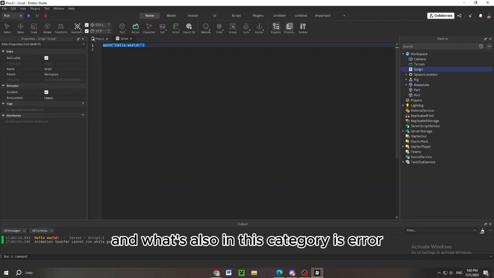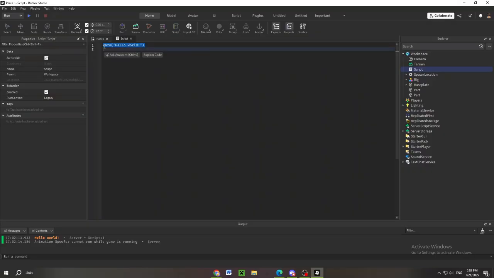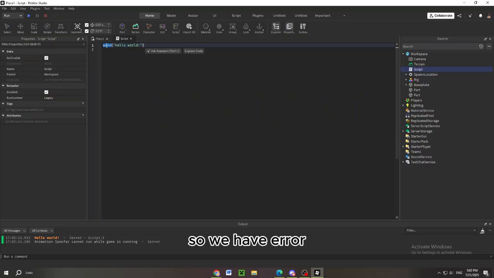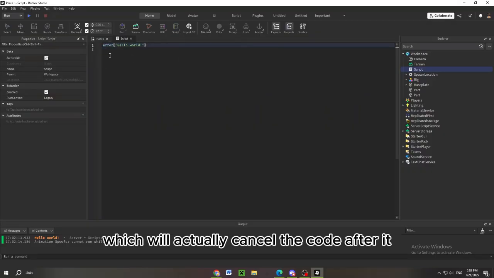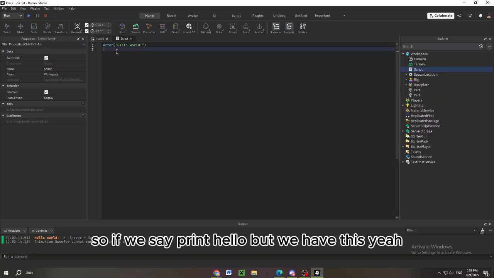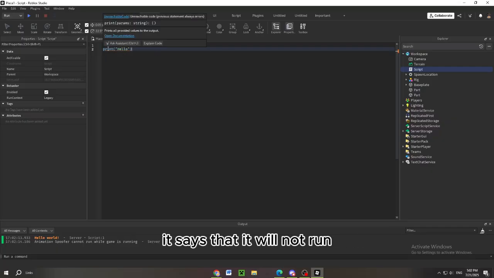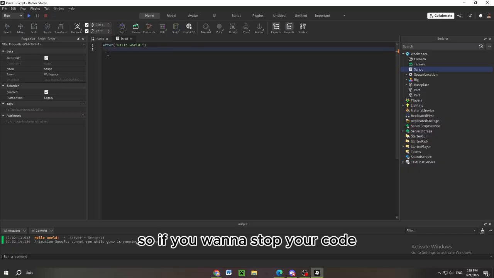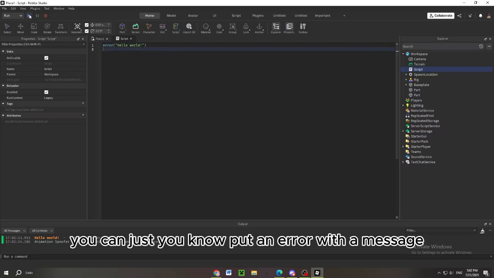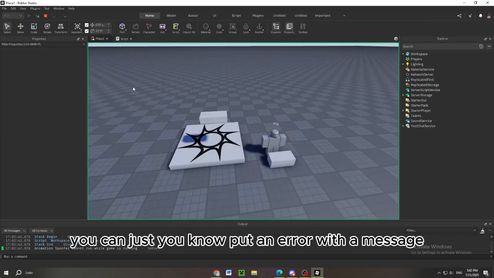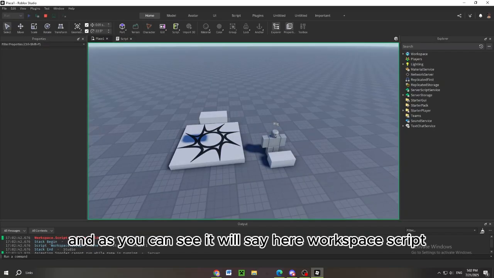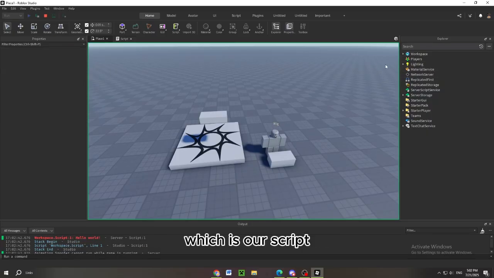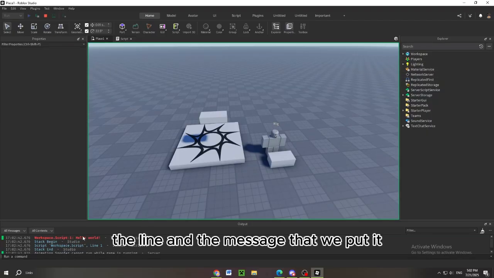And what's also in this category is error. So we have error, which will actually cancel the code after it. So if we say print hello, but we have this, you see it says that it will not run because the previous statement always errors. So if you want to stop your code, you can just put an error with a message. And as you can see, it will say here workspace script, which is our script, the line, and the message